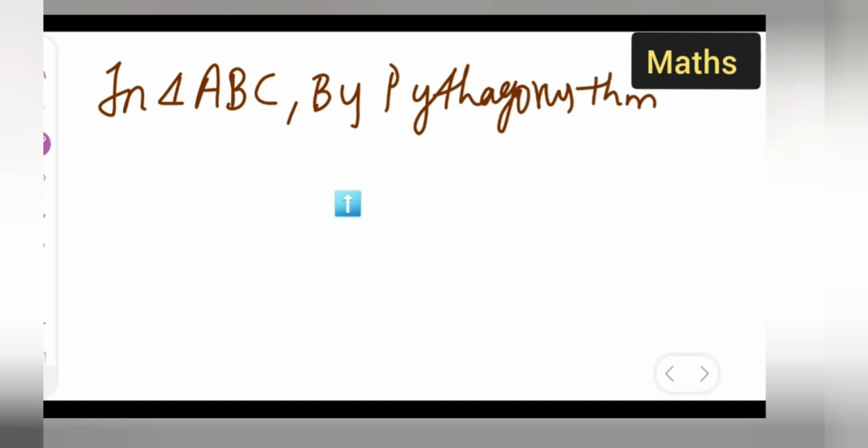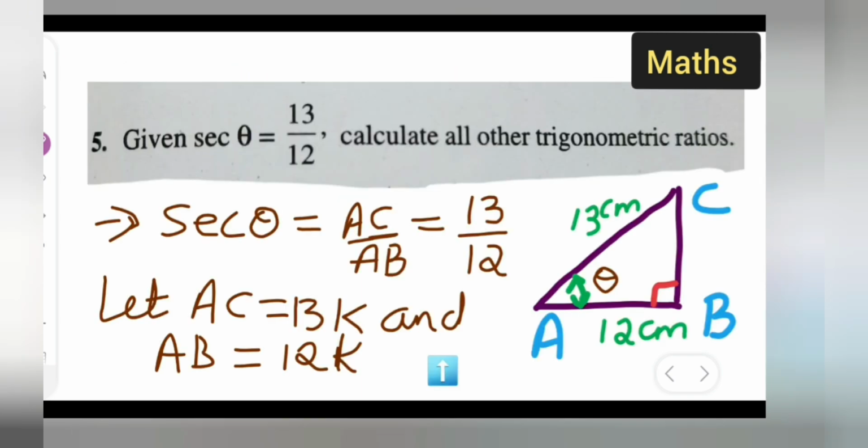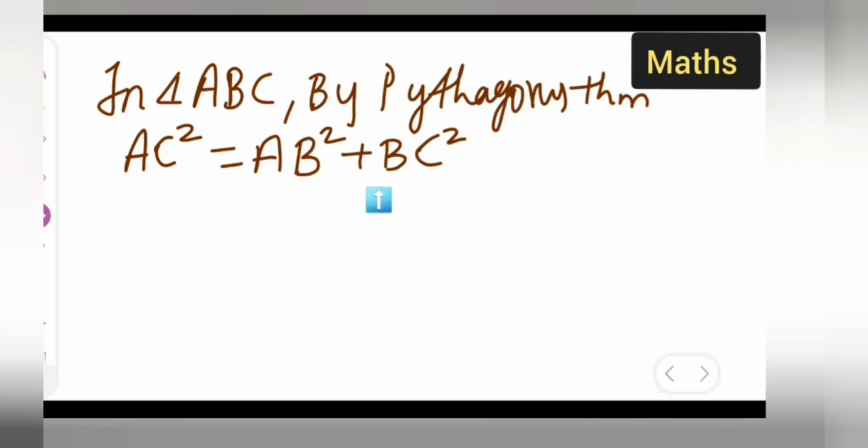So I am applying the Pythagoras theorem over here. What is the formula? AC square is equal to AB square plus BC the whole square, right? So first will be this side, AC the whole square, that is hypotenuse, then opposite plus adjacent, or this plus this. We are adding this, so there is no issue for this, AB square plus BC the whole square.